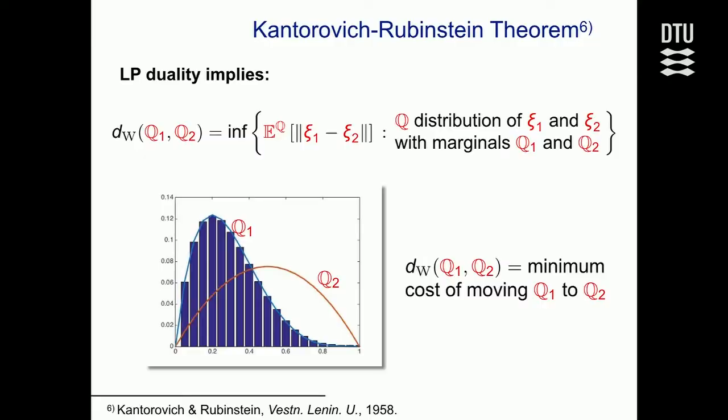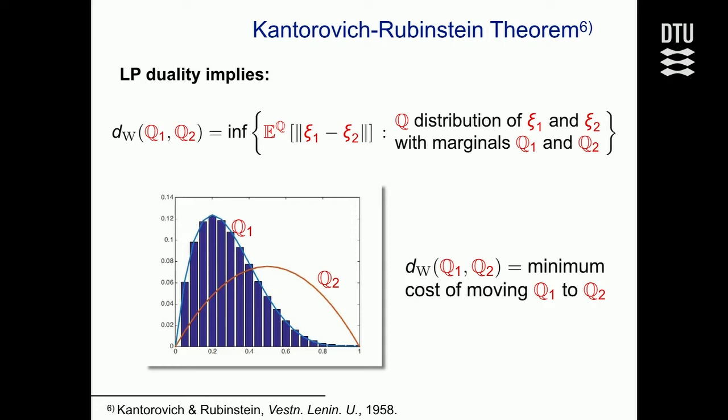So in order to do that, I need to give you an alternative definition of the Wasserstein metric. Okay? So you remember the first definition that I gave you, which I told you to forget, is the one that optimizes over the test functions. It turns out that the original definition of the Wasserstein metric is an optimization problem. It actually turns out to be a linear program. And this linear program has a dual. And it turns out that the dual linear program looks like the one here. Okay? So that's basically a result due to Kantorovich and Rubinstein.